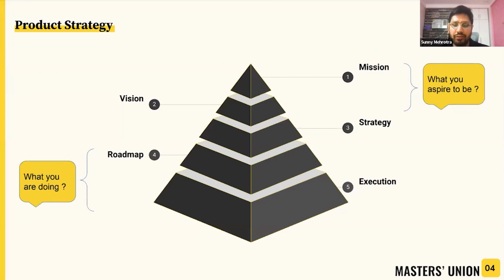So if we take Zomato's mission, and I'm trying to quote them from their website, it might be dated or might not be as relevant as today, but I've just quoted this information from their website. Zomato's mission says that nobody should have a bad meal. So this is Zomato's mission. Nobody should have a bad meal. This is a very simple four word line, which is very abstract to start off with, but they just don't want anyone to have a bad meal.